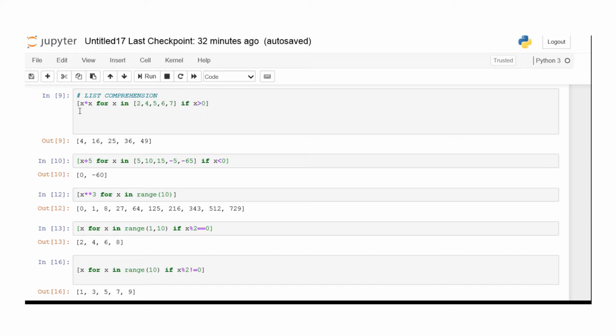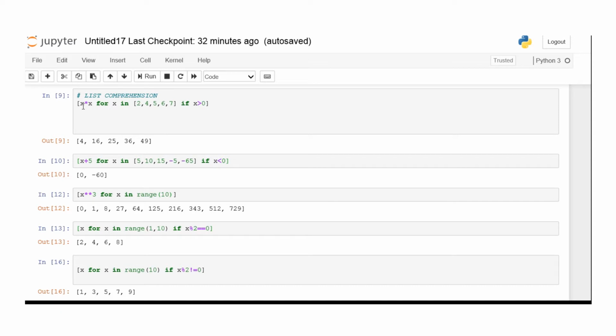It will execute the expression given before the for loop for each and every element present in the given list, as long as the elements satisfy the given condition. This is the way we define a list comprehension.